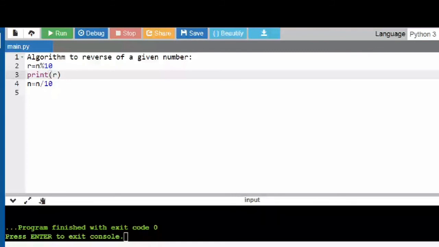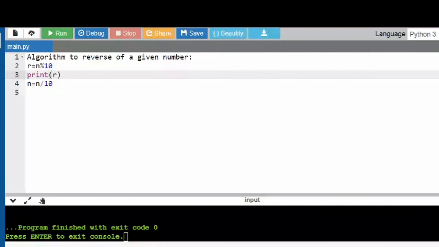And then n divided by 10. Since it is 75, r is equal to 5. Previous sum is equal to 6, 6 asterisk 10 plus 5, 65. So you're moving it to higher places, right? Yes, ma'am.